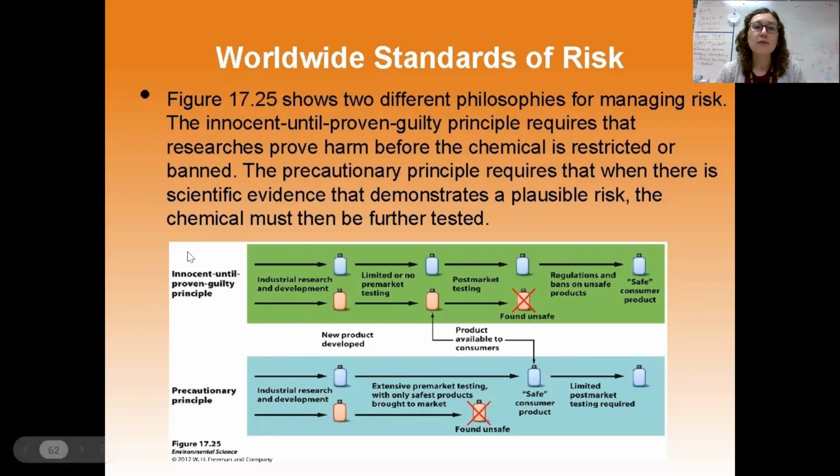This one is probably the fastest, the innocent until proven guilty, because essentially we're reducing process. We do some research. We want to make sure things are good. We do some testing, but we're kind of just like, it's good. Get that product out there. Money, money, money. We get that product out there, but then we're like, oh crap. We're realizing product orange over here is actually unsafe for humans. Ugh, take that off the market.